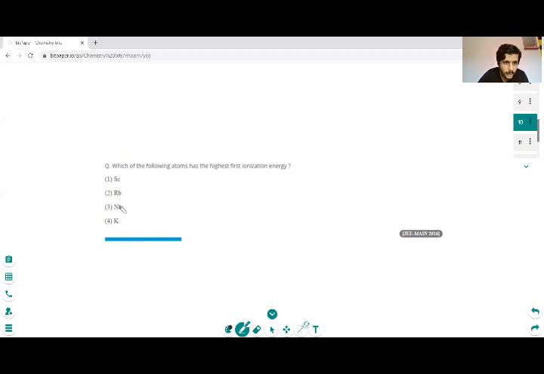We have scandium, rubidium, sodium, potassium. These all are in the same group. So rubidium has the highest ionization potential here, but we have a d block element, scandium. Since it is a d1 system, it's s2d1. Removal of the d1 electron is quite easy because it will become a stable s2 system. It gives a duplet. Hence, removal of the d1 electron is much easier.